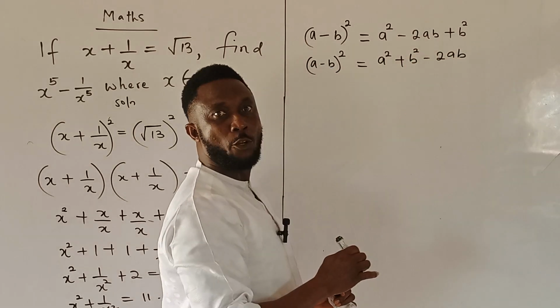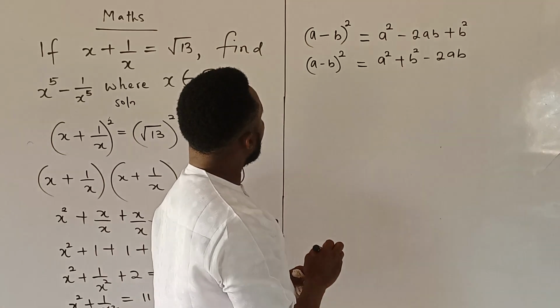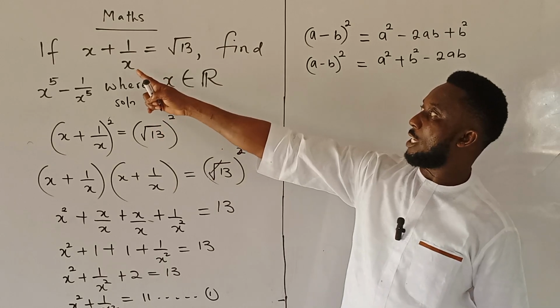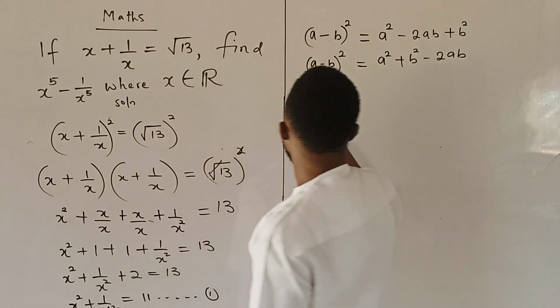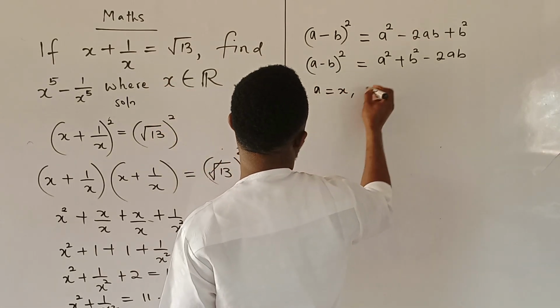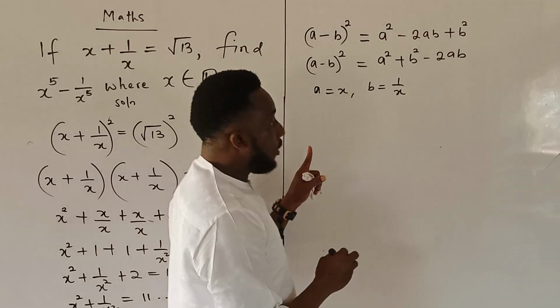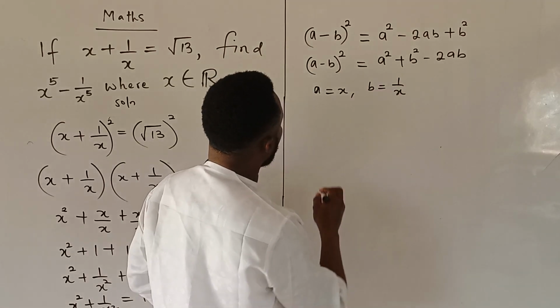This is a well-known binomial formula. Now, from our expression here, s plus 1 upon s, it means that a is equal to s and b is equal to 1 upon s. Therefore, a minus b all squared will give us